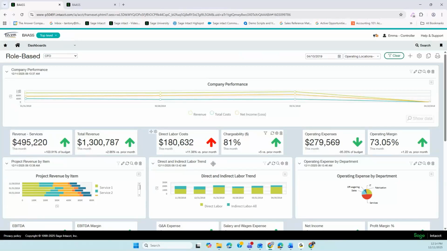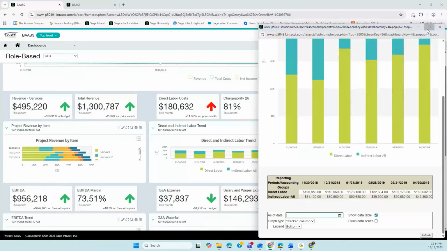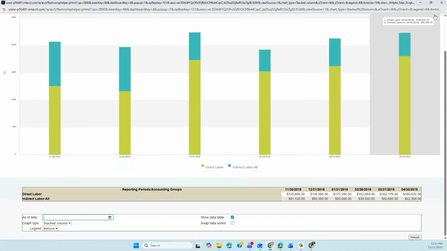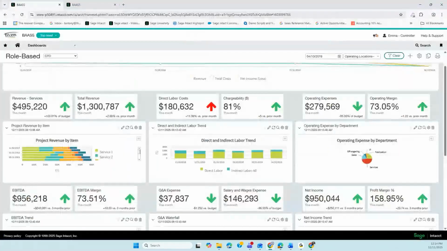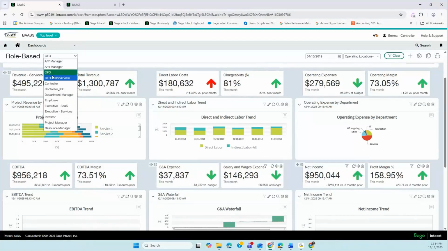And reports like direct and indirect labor trend can be opened in a full view using this view all option that we have here, where users can further filter or change dates, making real-time analysis extremely easy. Dashboards can also include statistical data such as headcount, customer counts, or operational metrics, anything meaningful to the leadership. Now, if I go back into the controller dashboard here,